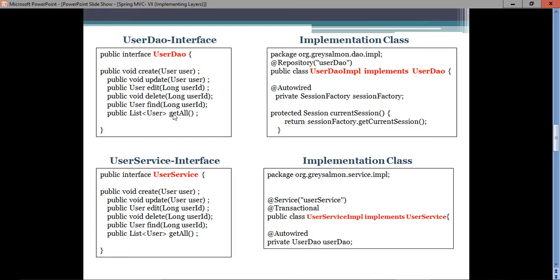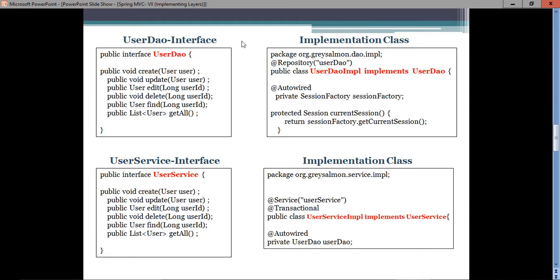Projection means getting all the records from the database. And in the dao.impl package we will put all the implementations of these methods which are there in the interface.